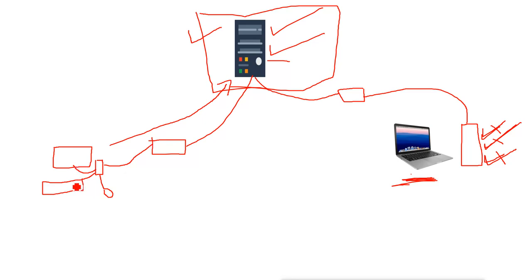Then when the user wants to access any application, those applications are also installed on the server itself. So the application interface will be given to the client here on this monitor, but actually the processing will happen on the server. Whatever the user does on the client side, everything will be done on the server. On the client side we don't do anything. All the processing, all the management, everything will be done on the server, and for that the server must be powerful, and the client is not a powerful machine, it is a thin client.